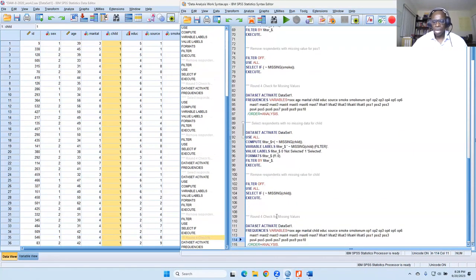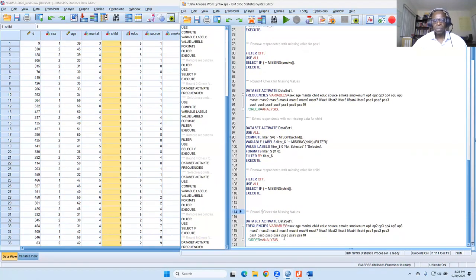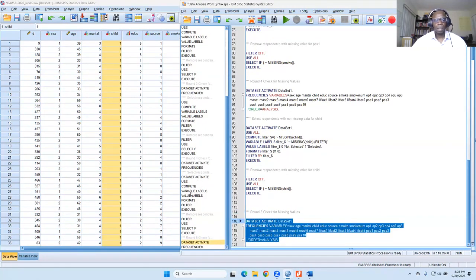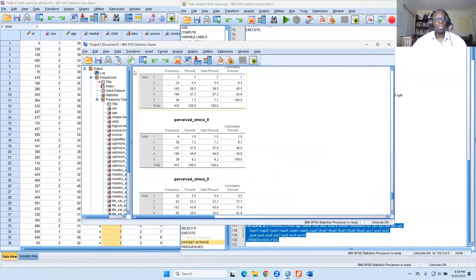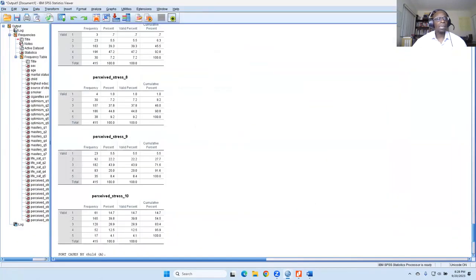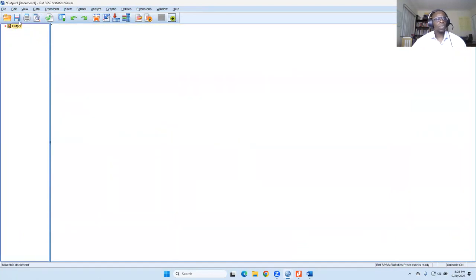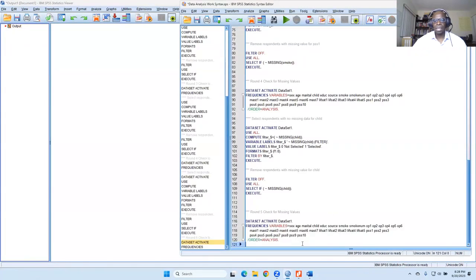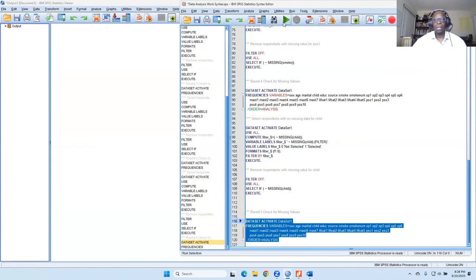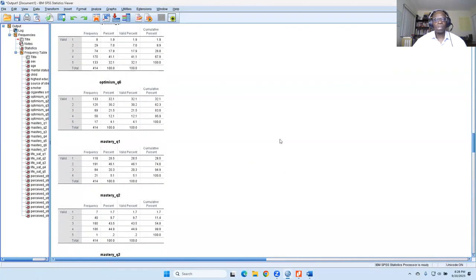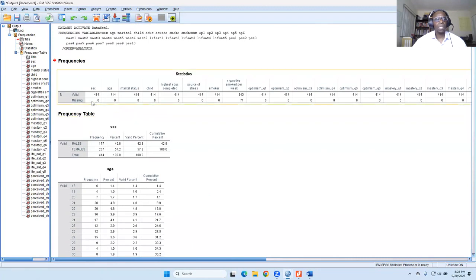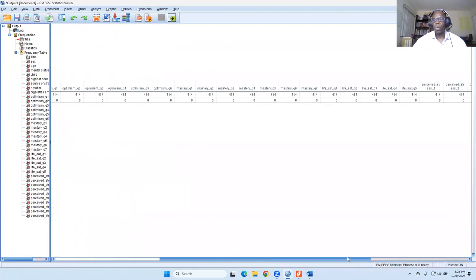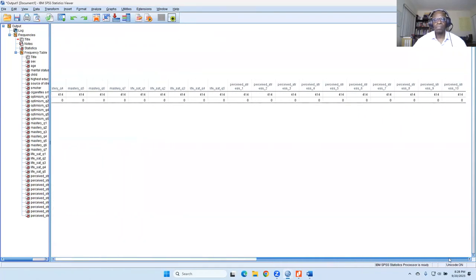So this is round 5. I always like to start with a brand new clean table. So I go to the top, I highlight it, and then I click delete, okay? And then I open up the syntax, highlight and run it, go to the very top, and we have no missing values, okay?